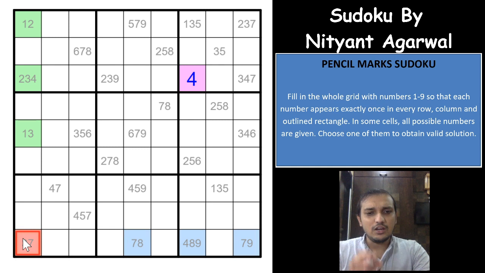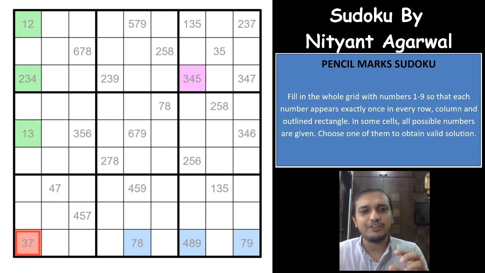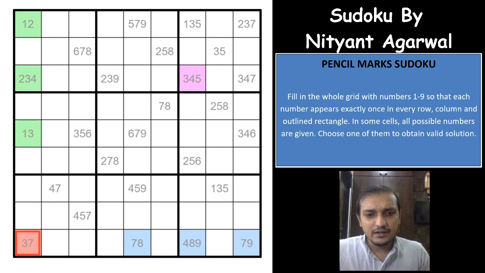So that is called the death blossom technique, right? So what you have here again is an almost locked set, that has n plus 1 candidates, where n is the number of cells. So you have 2 different sets. In a death blossom technique you need to have 2 different sets to make it work, right? And the extra candidate in both of these sets should be able to see that one cell simultaneously, so that it can eliminate the extra candidate from both of these sets. You don't need to have exactly these kinds of patterns, right?